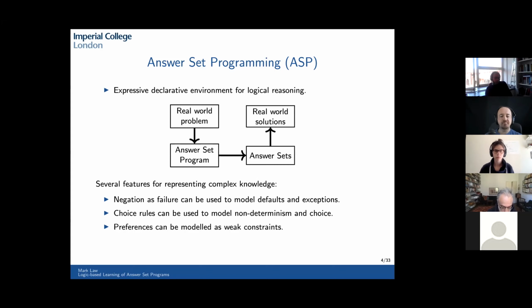And so when we do this, we get an ordering of how good the answer sets are effectively. So for example, we could have an ASP program that encodes all of the paths to get from one place to another, and then we could put some preferences as weak constraints. For instance, we could say we're looking for the shortest path and use an off-the-shelf ASP solver to find the optimal answer set in terms of those preferences, or an optimal answer set. There isn't always a unique one.